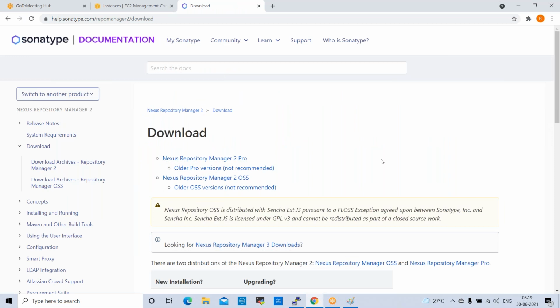Next one is here, download Nexus repository manager 2 Pro. Pro is the licensing version, so don't take the Pro version. Always we need to use the OSS version. If you take the Pro version, it will ask you for credit card details. So we need to use Nexus repository manager OSS 2.